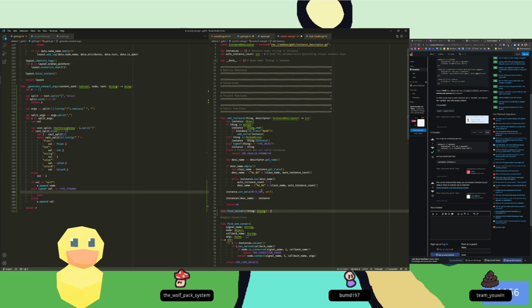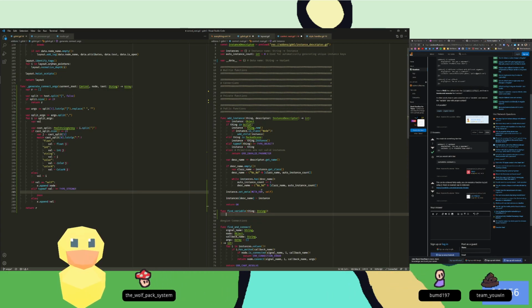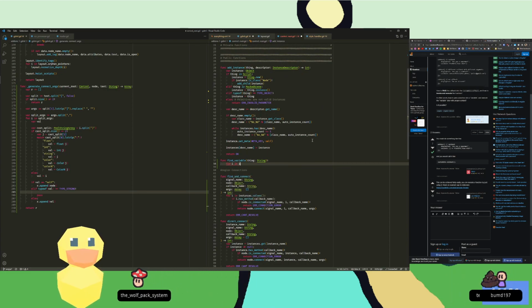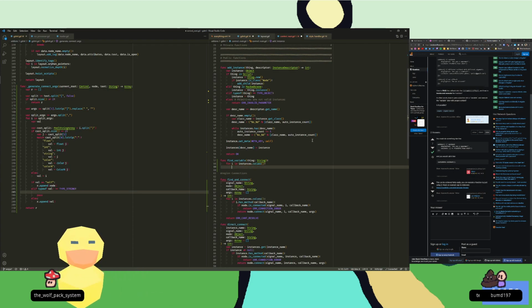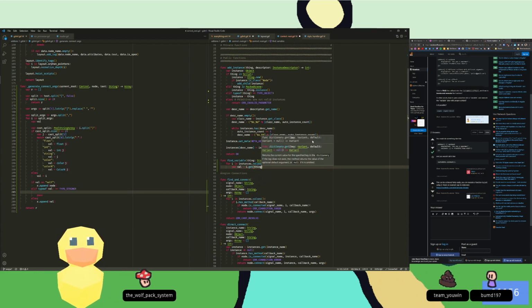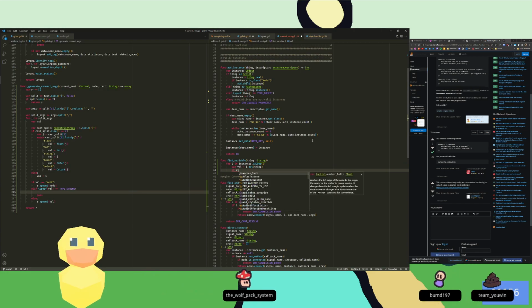Find variable, and then it just returns something, right? So for I in instances dot values, var val is equal to I dot get thing if val